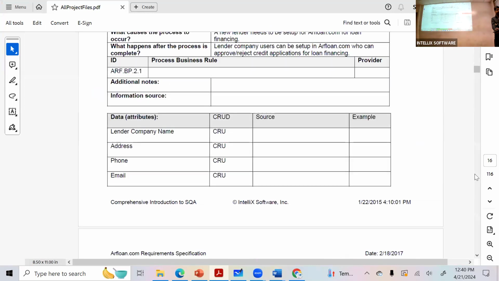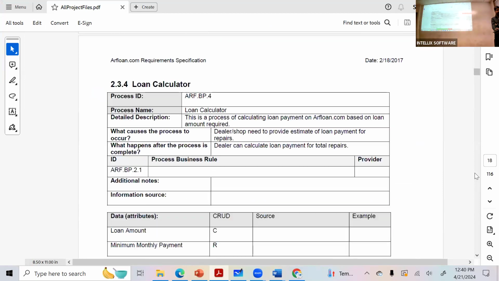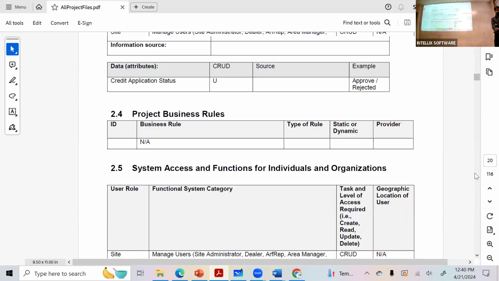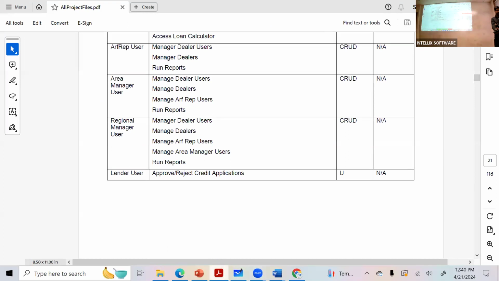Let's do this, one of the search ones, then a dealer search. Dealer search, right? So what is it, this one, right?